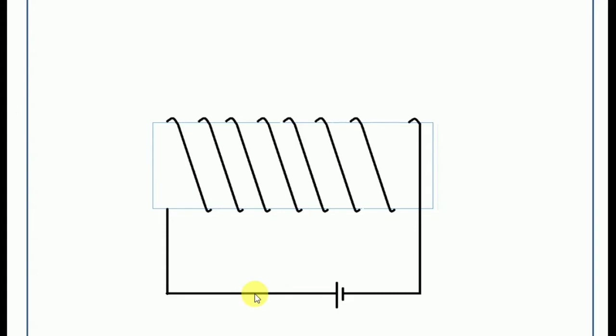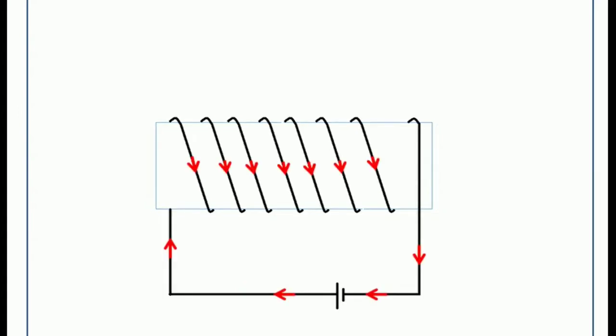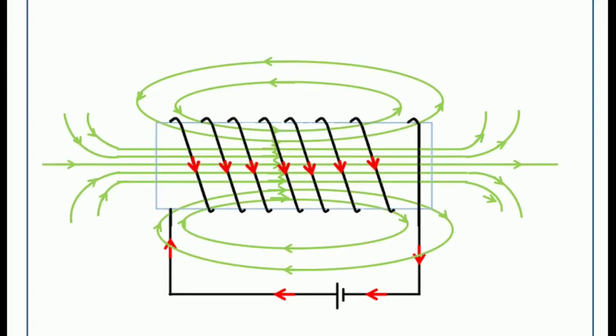I'll switch on the circuit, and the current will flow in this direction, so it is going behind this rectangle and coming forward. Again it is going behind, coming forward, so it's a solenoid. We know for a circular coil the magnetic field lines enter from one side and come out from another side, so it will happen for each of the turns. All the magnetic fields get added and we will get something like this.